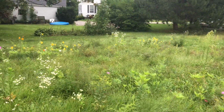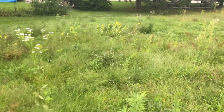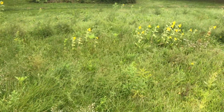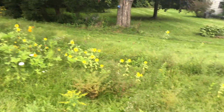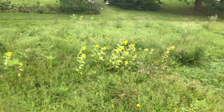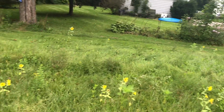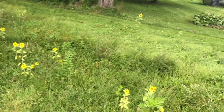One thing I'm learning is what to do. I don't have the equipment to turn up the lawn particularly well, so I had to just basically scratch in the seeds. And what I did in this nice line of very small sunflowers is I did a loop and went round and round and round, just tearing up the lawn there, and just planted some sunflowers. And this is the part that the chipmunks didn't eat,